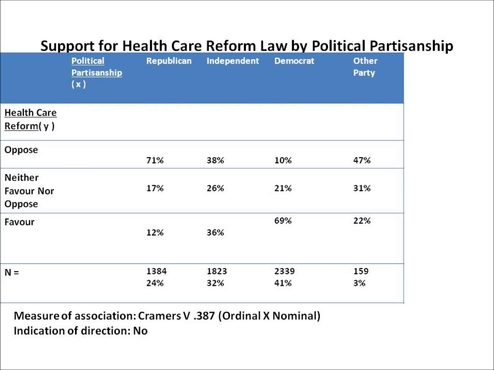Our first cross-tabulation examines how political partisanship affects opinions regarding healthcare reform. We declared the party identification value labels don't know, refused, and no preference as missing. The results show that political partisanship heavily influences opinions on healthcare reform, substantiated through the division most notably between Democrats and Republicans regarding the law. The measure of association was 0.387, a value rendered by the calculation of Cramer's V, which indicates a strong relationship between the variables. Referencing our hypothesis, we see a strong percentage of Democrats favoring healthcare reform, which indicates validity in our hypothesis.